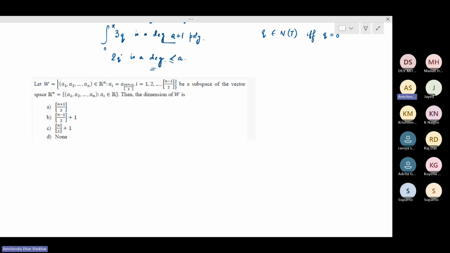Let's say n is odd or n is even. First, let's say n is odd, of the form 2m plus 1. So what this means is that you have these numbers a1 to a(2m+1), such that your a1 to am is